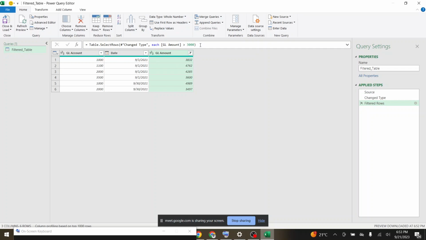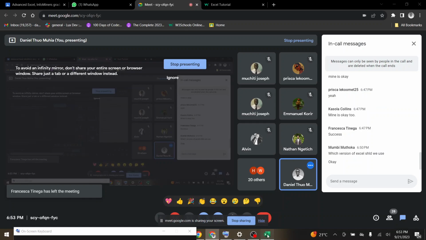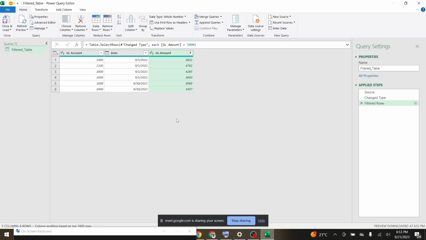And in our formula tab here, you can see our formula has changed, showing that we are returning amounts greater than 3000. Has everyone done that? Okay, so next we need to load this data back to our worksheet, and to do that, go to our home tab,